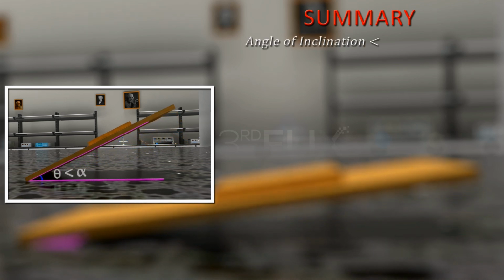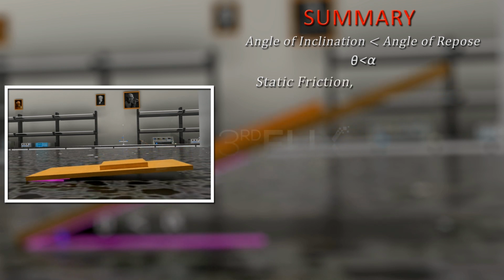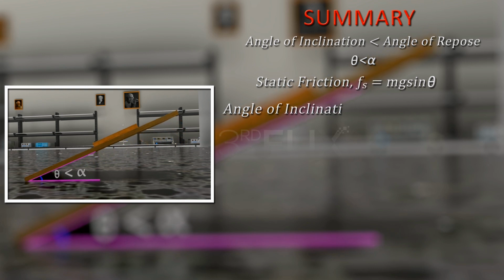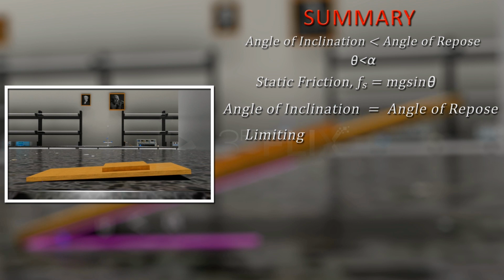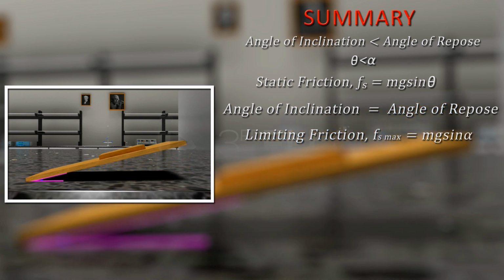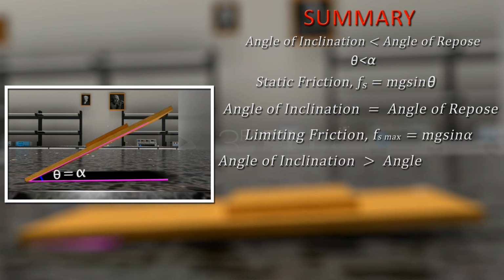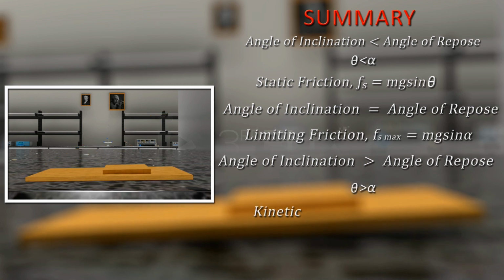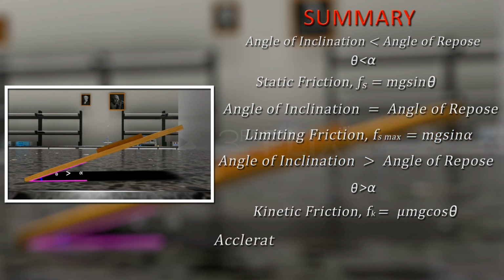Summary: if the angle of inclination is less than the angle of repose, the static friction acts and is equal to mg sin theta. If the angle of inclination is equal to the angle of repose, limiting friction acts and is equal to mg sin alpha. If the angle of inclination is greater than the angle of repose, kinetic friction acts and is equal to μk mg cos theta. Acceleration of the block